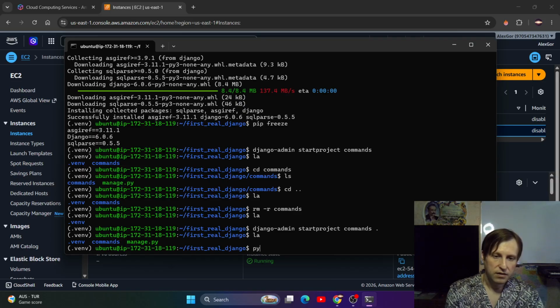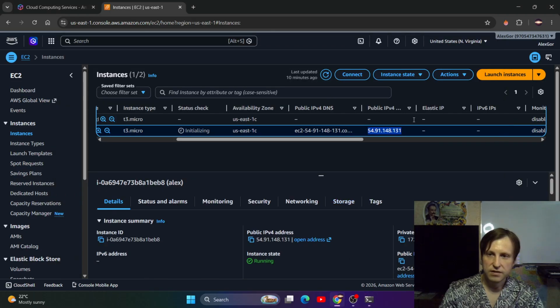Let's launch our server, Python. And now when we are inside our virtual environment, we don't have to type Python 3 anymore. So it's Python run server. And let's run it on port 9000. Yeah, because in my settings here,